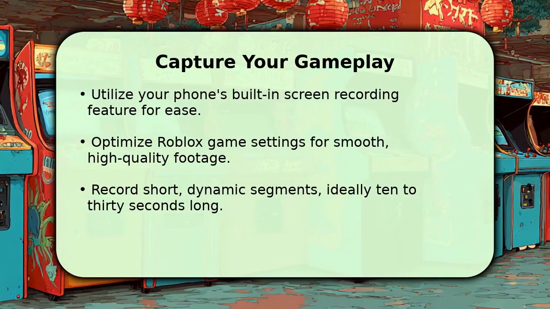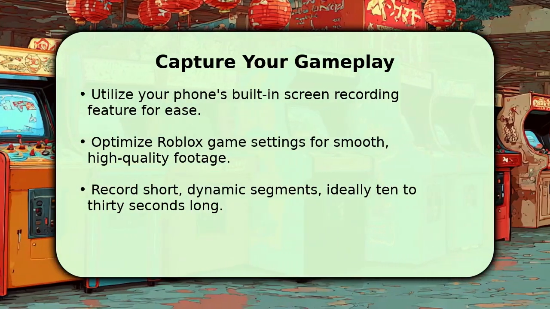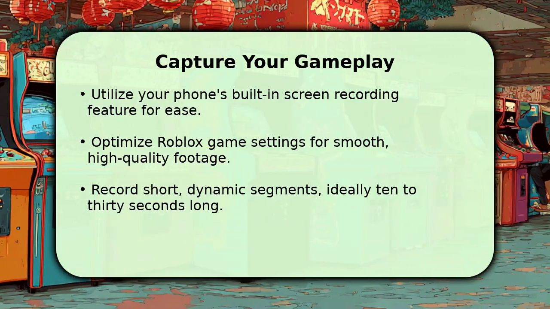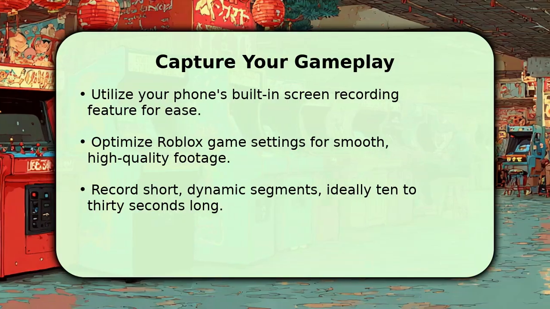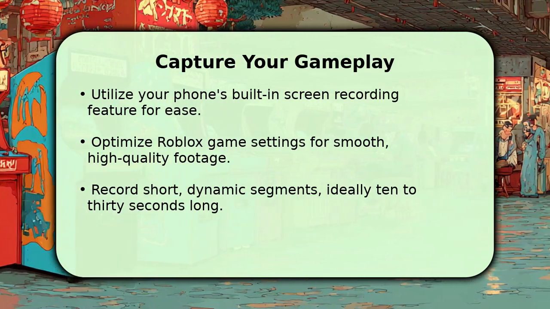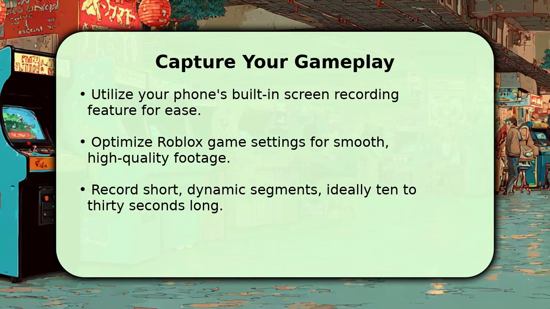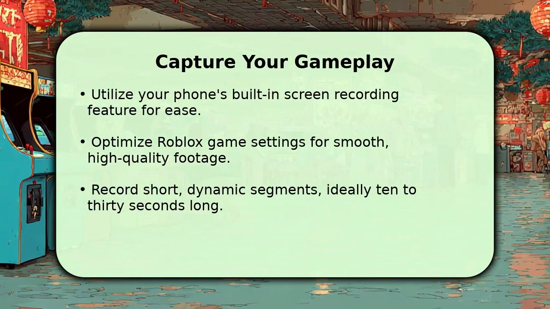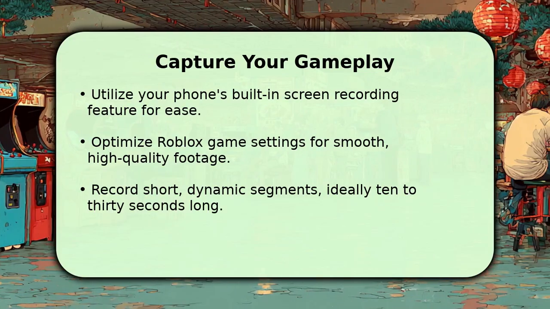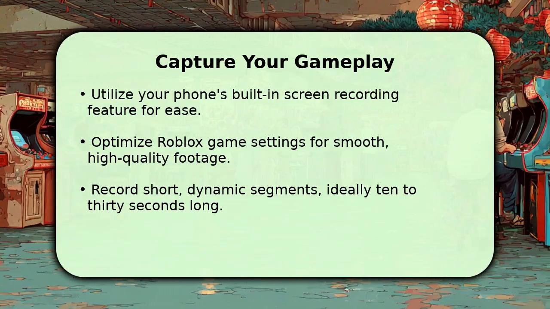Start by using your phone's built-in screen recorder, which is usually found in your Quick Settings menu. Before recording, make sure your Roblox game settings are optimized for a smooth frame rate, like 60 frames per second, for the best visual quality. Focus on capturing exciting, short segments of gameplay, ideally between 10 and 30 seconds each, which will make editing much